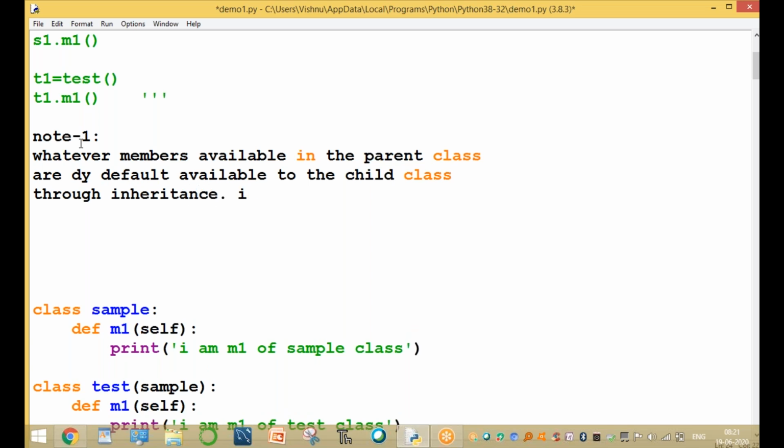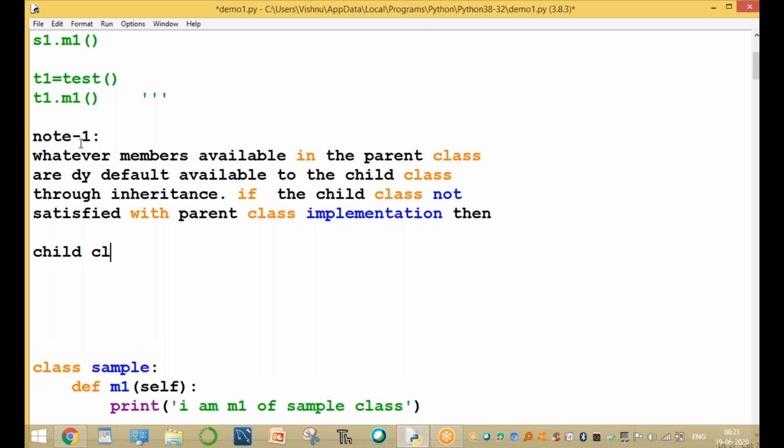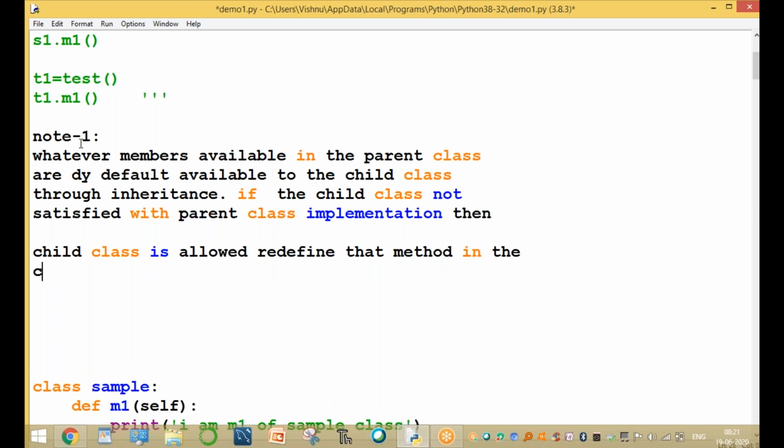If the child class is not satisfied with the parent class implementation, then the child class is allowed to redefine that method in the child class based on its requirement.